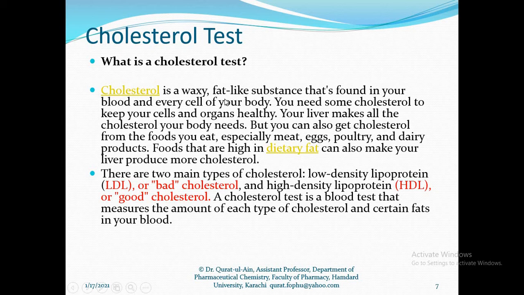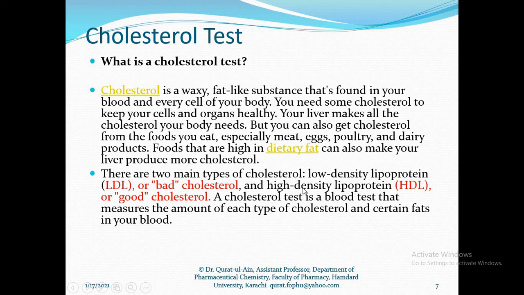Cholesterol is a type of fatty acid or fat, and it is present in our body. It is synthesized by our liver, or we can take cholesterol from outside our body, from our dietary fat. There are two types of cholesterol. One is the high